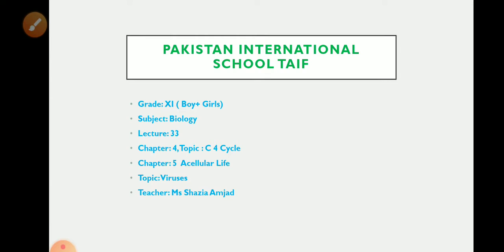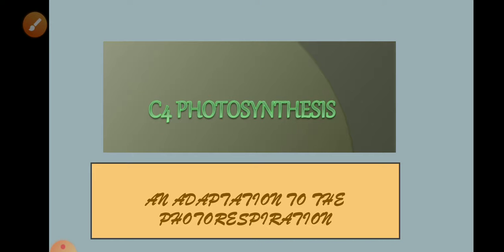As you know, we have started chapter number 4, and today we will see the last topic of chapter 4, that is the C4 photosynthesis cycle. Then we will start chapter number 5, section number 2, about biodiversity. In chapter 5 we will see acellular life, and today we will see viruses. So let's get started. Dear students, C4 photosynthesis, or C4 cycle of photosynthesis, is actually an adaptation to the